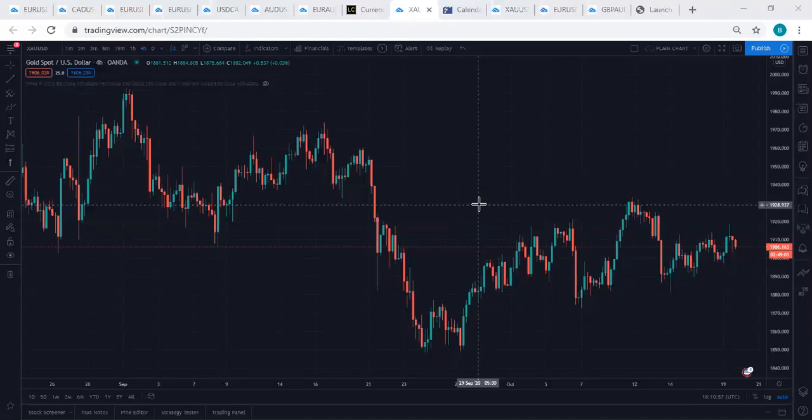Gauging whether to buy or sell a currency based on the happenings around that currency, based on the occurrences in nations that are using that currency, or based on any news. And this news could also be a natural disaster. For instance, when Hurricane Katrina hit Haiti, nobody would be buying the Haiti currency because you know that this country is suffering a natural disaster, so their economy will be at its lowest. So that is what fundamental analysis seeks to do. It seeks to help you gauge a country's currency based on happenings in that country.